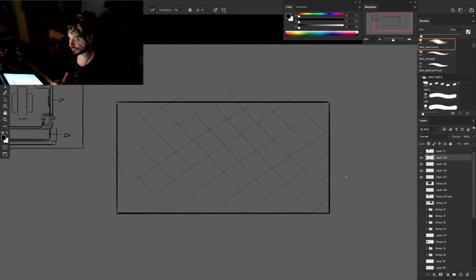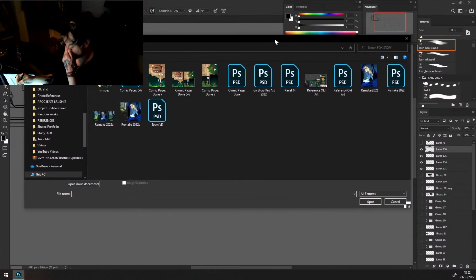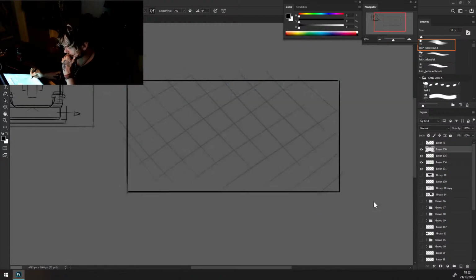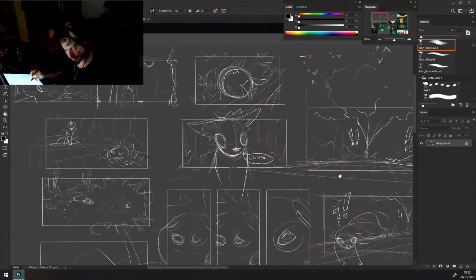I've had this since 2011, 12, and you should see some of the old art for it. I was going to put it on Instagram as a glow up thing, but yeah, I'll show you some of the old art for it. Here's some of it. So if I zoom in, you can see